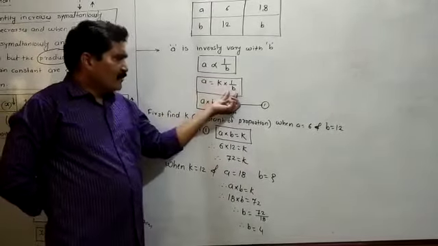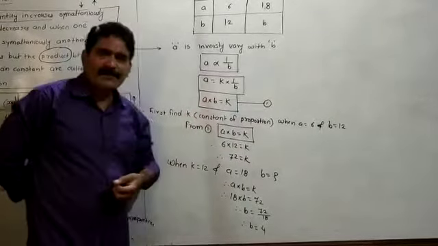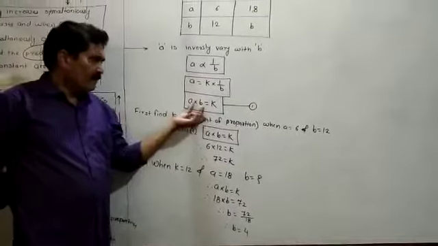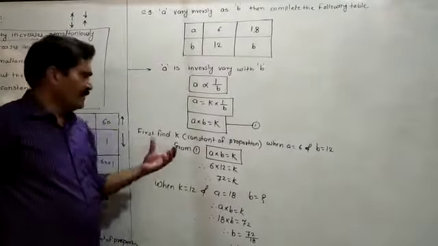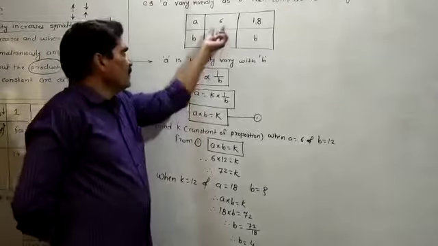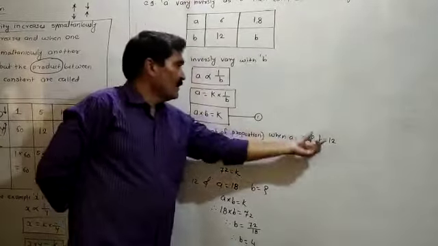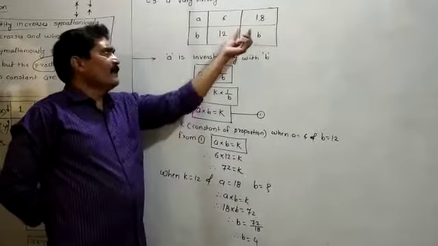Then you have to transpose this B that side. At that time this becomes A multiplied by B is equal to K. So here the product is constant. So you will say that this example is of the inverse variation. So first you have to find out the K when A is equal to 6 and B is equal to 12. First of all, once you will get the K, at that time you will easily find out B.